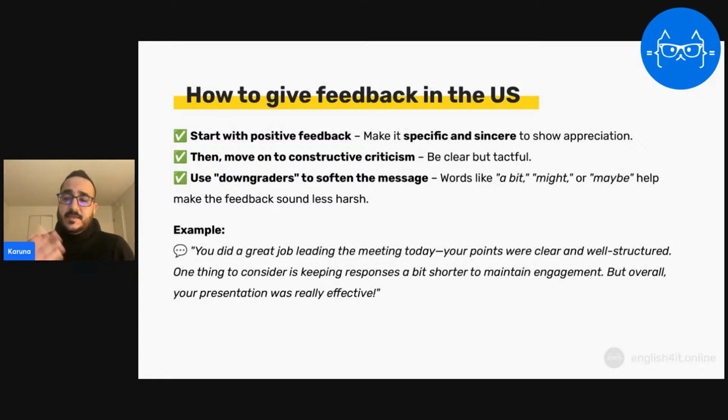If I scroll up in the chat here, Anna wrote, "Not comfortable, but also I don't like sugarcoating." So there are cultures that don't really like when feedback is sugar-coated,